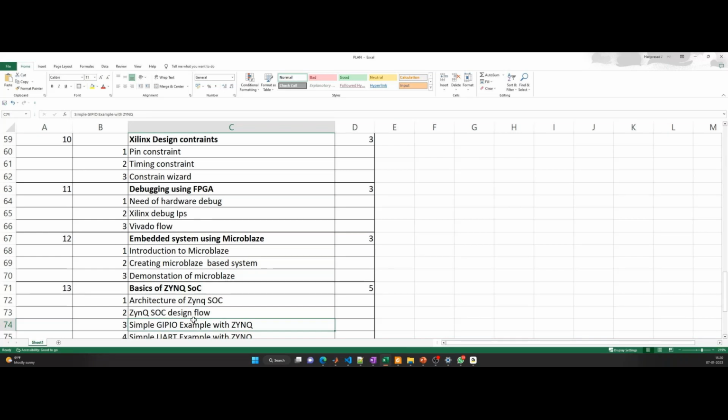One of the architectures: if you go to the Altera-based FPGAs, that is Intel-based FPGAs, there you see Cyclone, Arria 10, Agilex, Stratix, all these FPGAs. But in Xilinx-based FPGAs, usually it's the Zynq SoCs, Zynq UltraScale, Zynq RFSoCs, all these things. So that Zynq architecture we will be discussing, because why I'm stressing mostly on Zynq is the market share